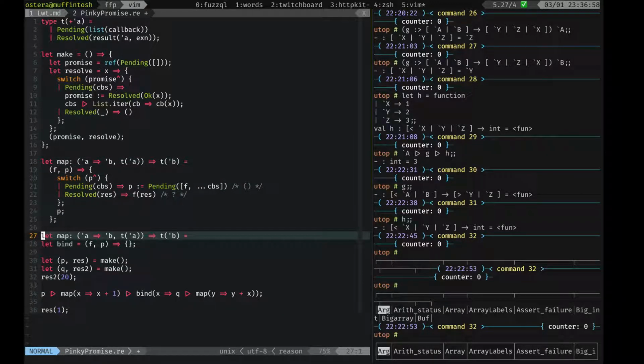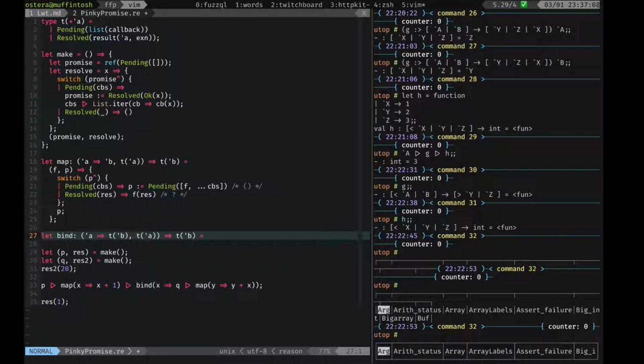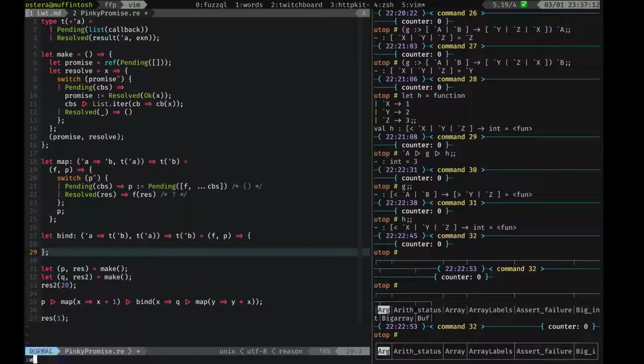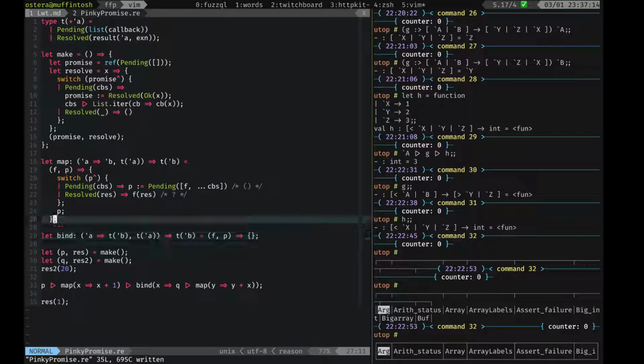And if we write the bind, then we know that we get a T of B. So we're gonna take F and P, right? Cool. So those are the types. So that means given a function and some promise of A, then we want to return a promise of B, because the function goes from A's to B's. So if the promise